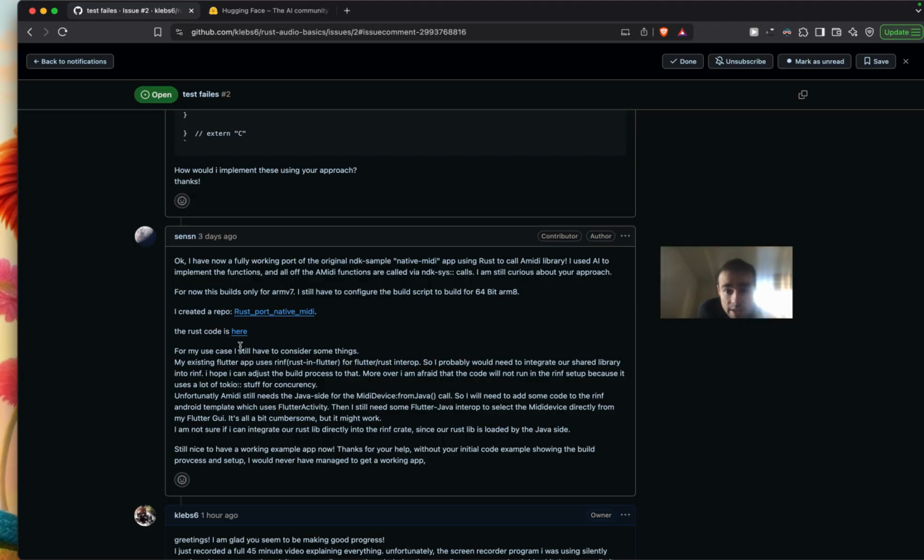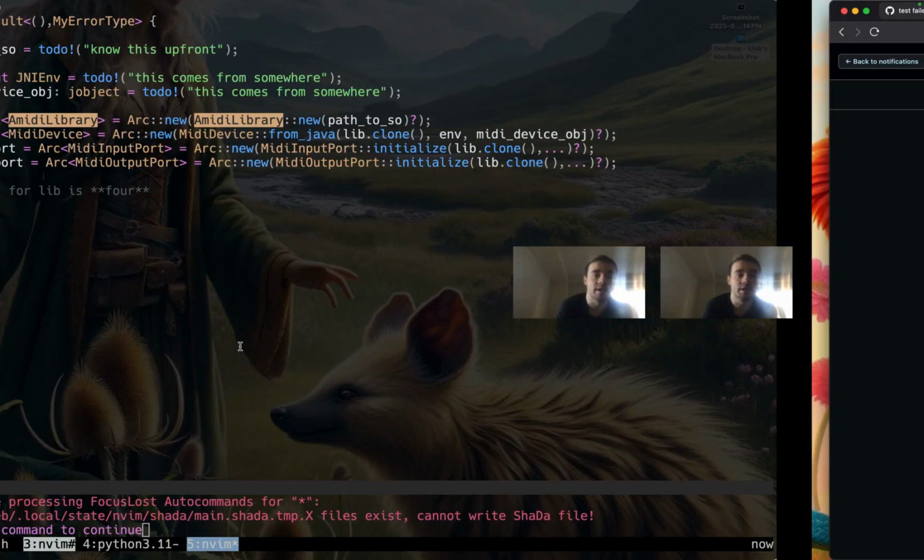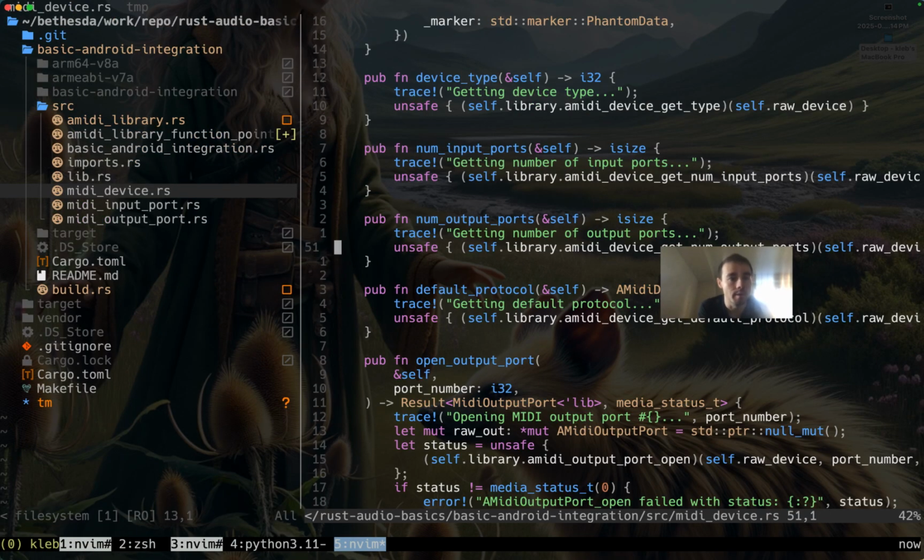Ideally, your Flutter code knows nothing about Java, and it knows nothing about a MIDI and the shared object implementation. Those are all implementation details. Your Flutter program should literally just see a Rust interface. Like, you can actually do it like this. You can just say, I'll write a new file,